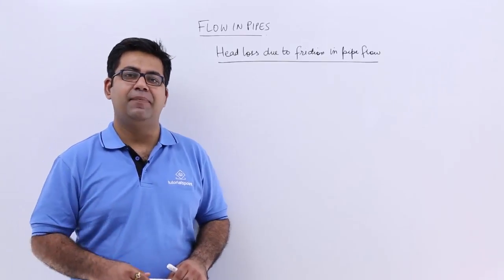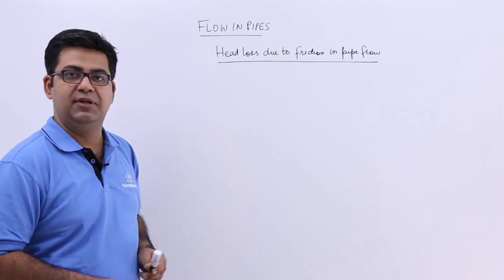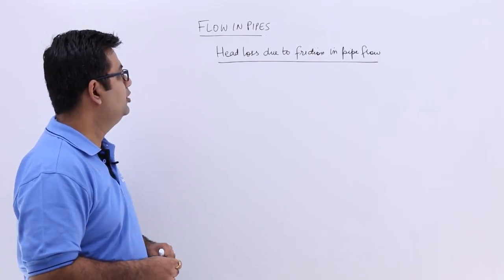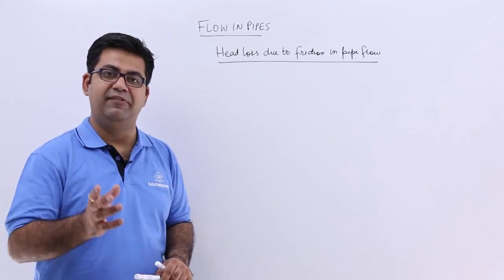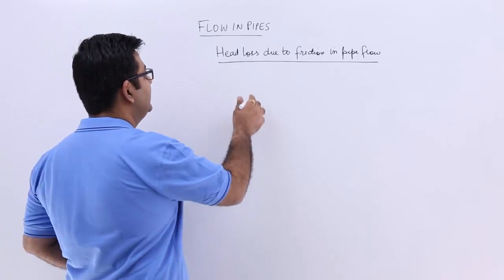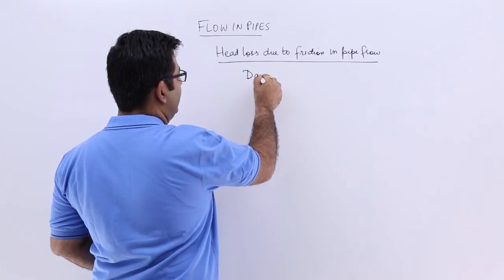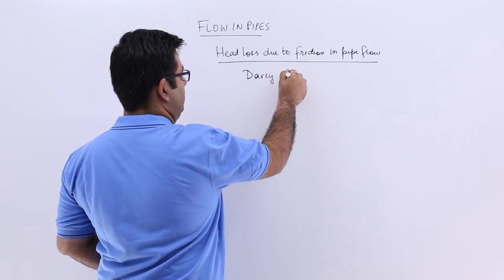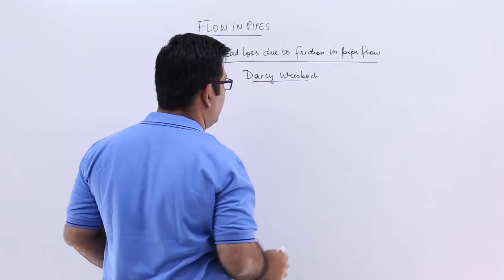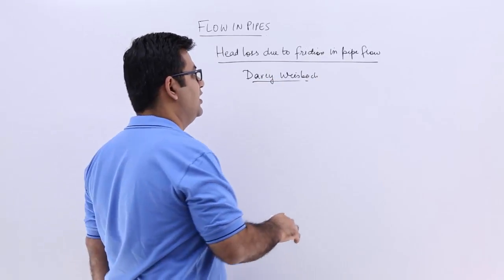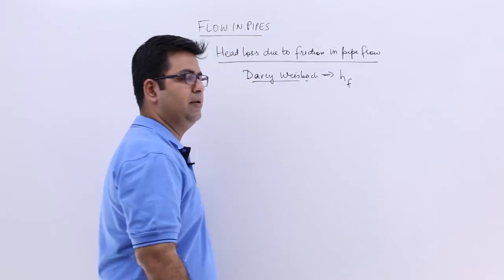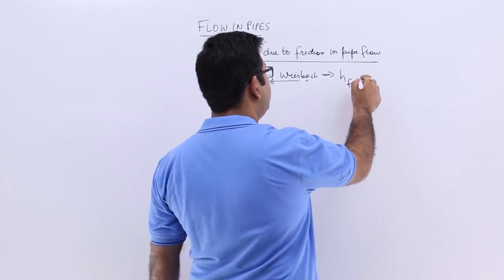Now let's start the chapter on the flow in pipes. The very first topic that we are going to do is the calculation of head loss due to friction in pipes. We have derived these equations. The very first equation that we have is the Darcy-Weisbach equation. The Darcy-Weisbach equation says that the head loss due to friction in a pipe flow is equal to